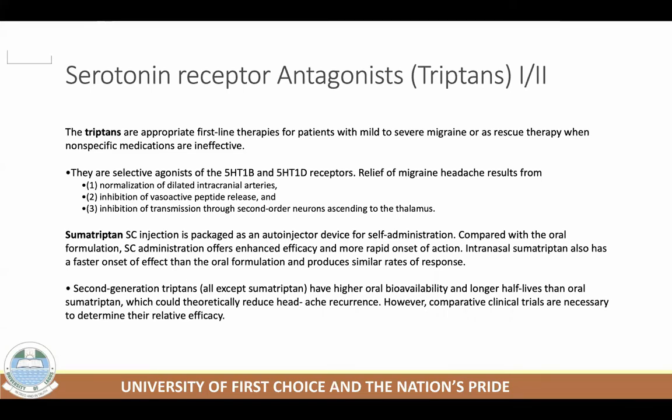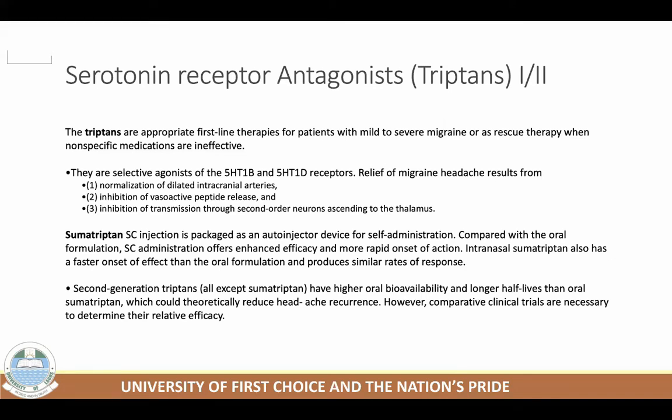There's also inhibition of vasoactive peptide release. So inflammation is also resolved, and inhibition of transmission through second order neurons ascending to the thalamus. Okay, so all it does basically is resolve the migraine by resolving the ongoing milieu of inflammation, dilation, and the